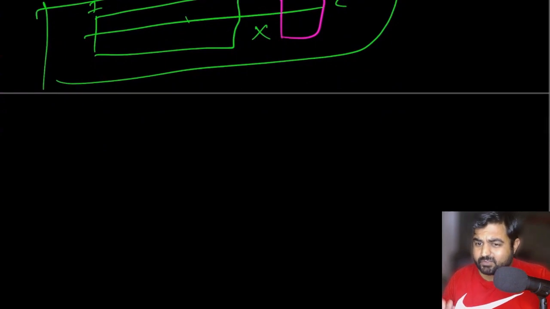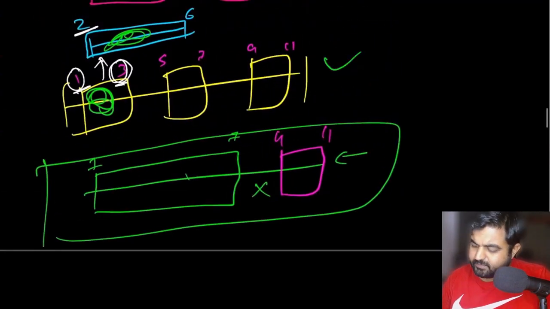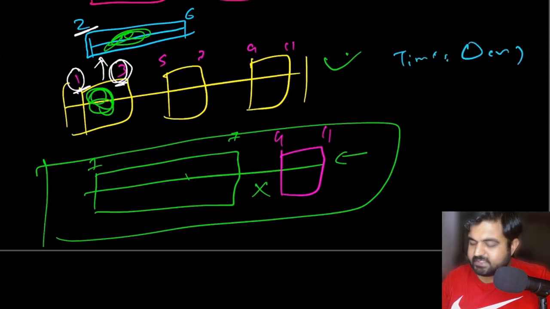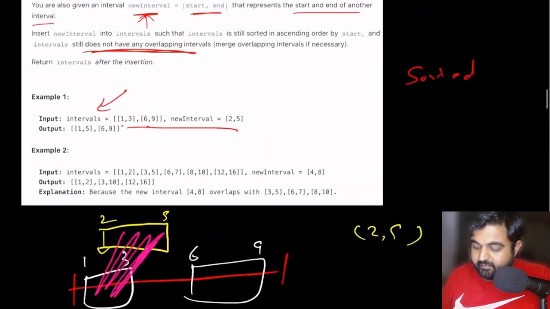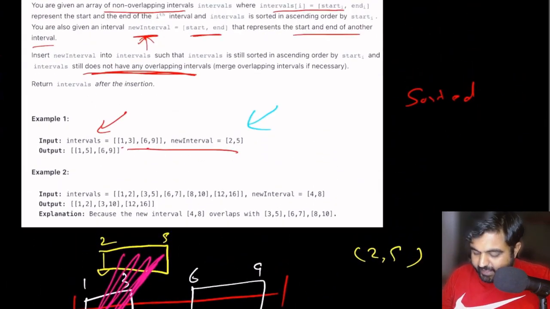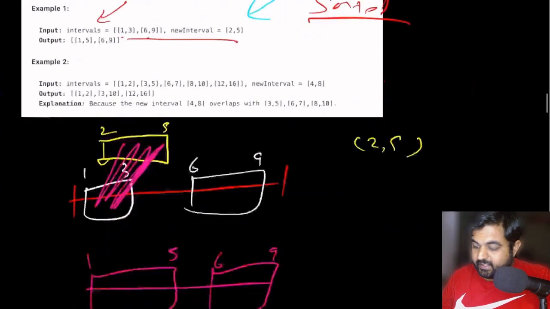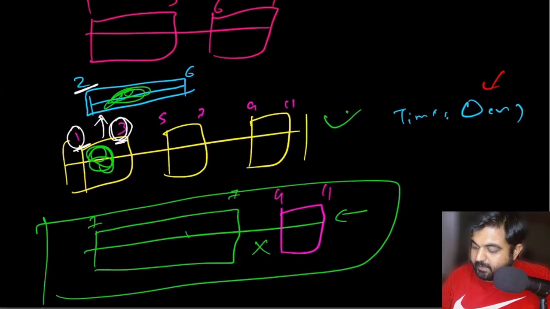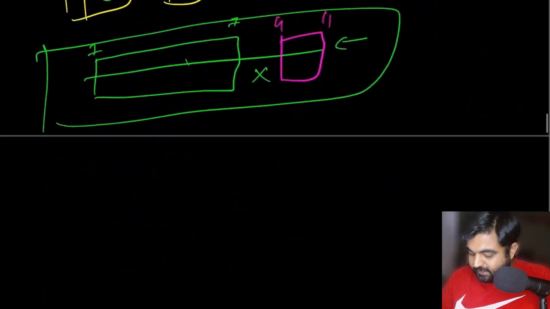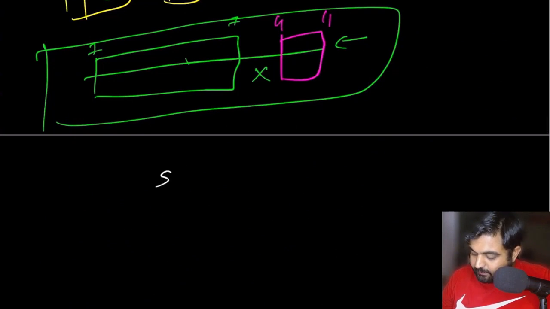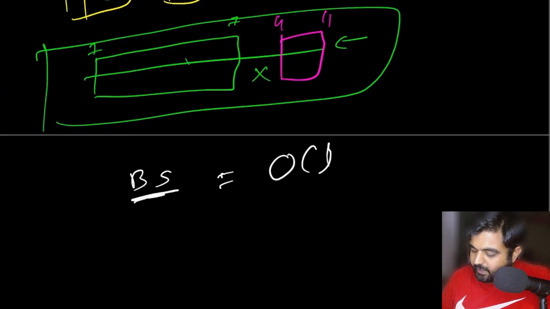But what would be the most optimal solution? Well, this solution works perfectly fine. The time complexity is big O of n, which is pretty good. But this is a golden rule I'm talking about: whenever the given input array is sorted, and you are able to solve the problem in big O of n time, then if you use the sorting property and use binary search, you would be able to solve this problem in big O of log n time.